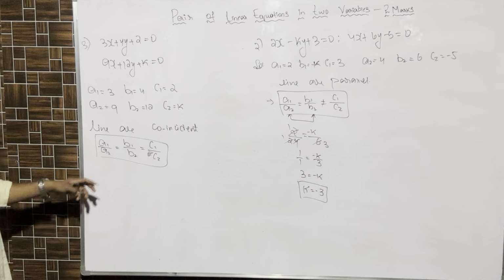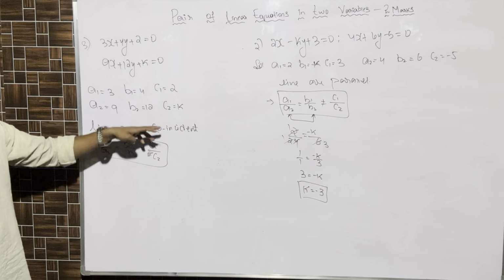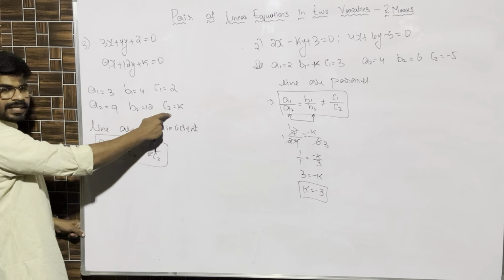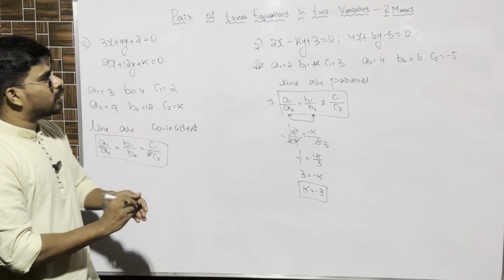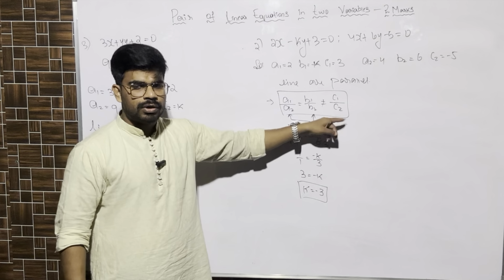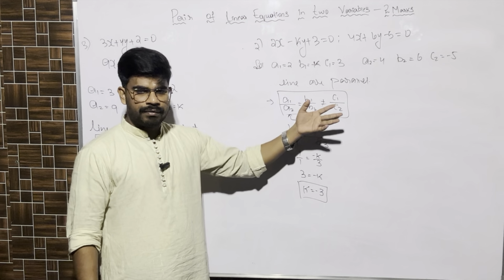Right. From this, we have to take a1 by a2, b1 by b2 and c1 by c2. Amongst these three, we have to for sure take c1 by c2 because k is at c2. In the previous question, the unknown value k was at b1. That's why we had to take b1, and c1 was not equal to, so we did not bother about c1. We took a1 a2 and b1 b2.